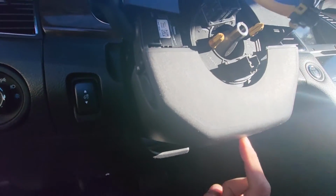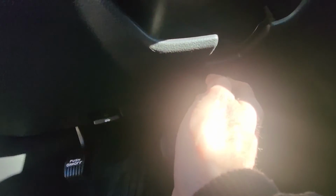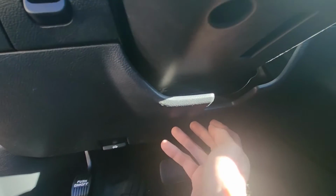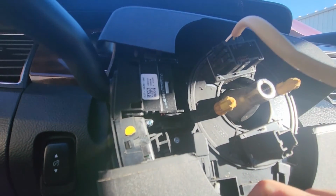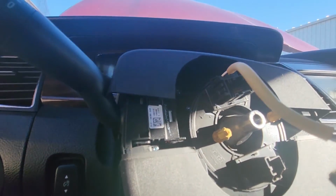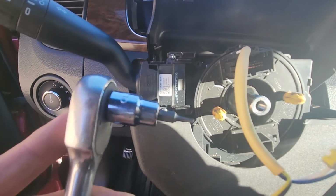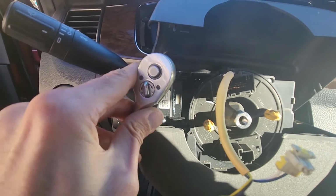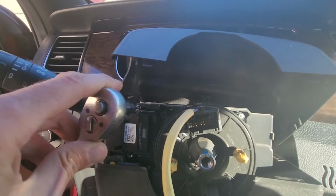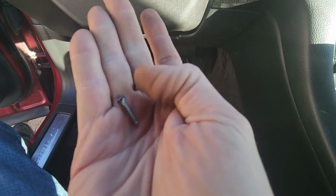Now you don't have to remove this completely. If you want to, then first you'll have to remove this cover, because there is one more screw holding it just down there, which you won't be able to access without disassembling this piece. But like I said, there is enough space just here to do all the work. To remove the switch, you will need a Torx T10 socket and just remove those screws. Once you have these small screws out,